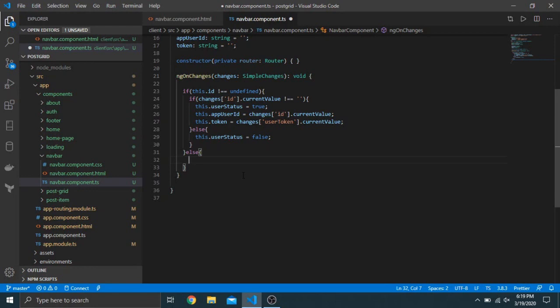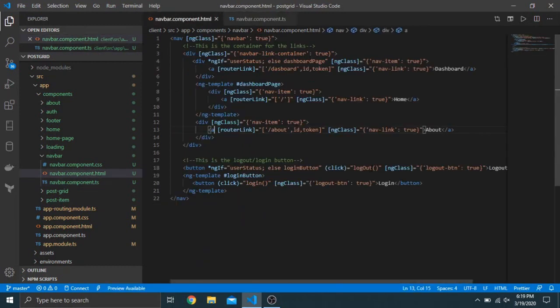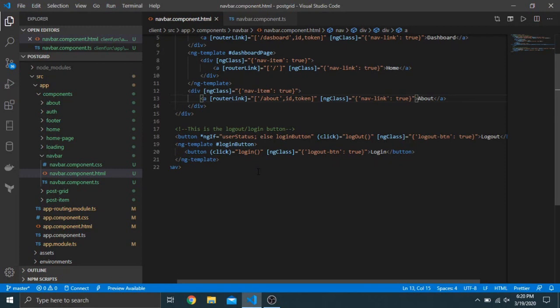Basically, the params aren't there, and so we want to set it to false there as well to handle all the different cases. Now, if we go back here, you can see we have a logout method with another ngIf directive of user status. Now here's something else you can do with ngIfs. Basically, use a semicolon and then you do else and then loginButton, or whatever you want to name this. And when you name it the same as when you set this here, which is like an Angular ID,